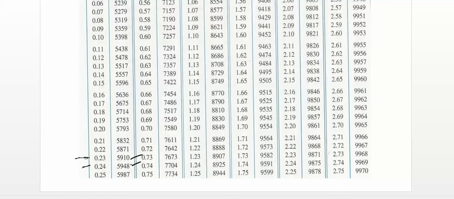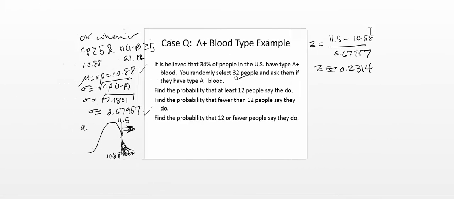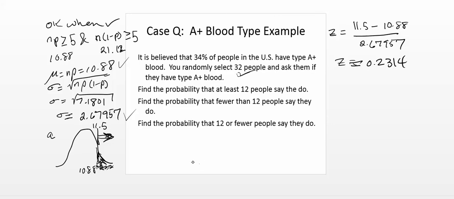So 14% of the way between those. When I did this, I got an answer of about 0.592, and remembering that this is just an approximation of the binomial distribution, I'll go with the fact that I have, again I have to unzoom, so I got a z of 0.2314, I got a Φ of z equal to about 0.592,